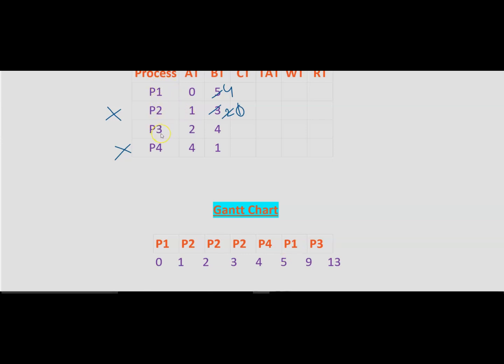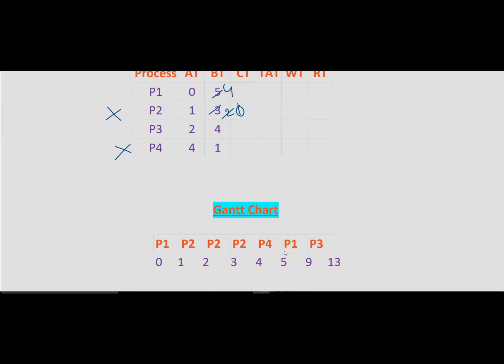So again you can see that both the processes have the same burst time. If you have this kind of scenario, we have to follow the strategy of FCFS, which says that whoever comes in the table first, we will allocate the CPU to that particular process. So who came first? That is the P1 process. So we'll be allocating the CPU to the P1 process.